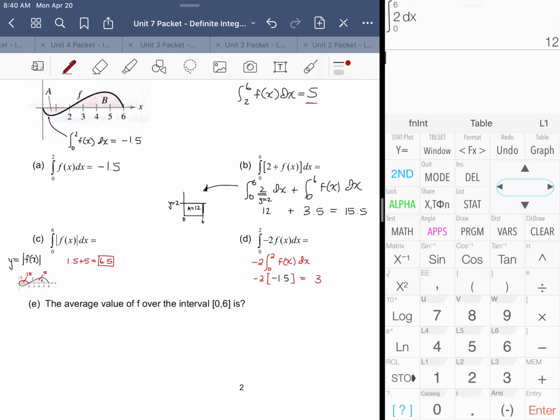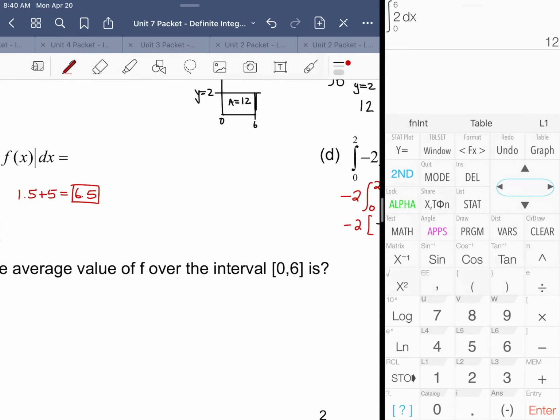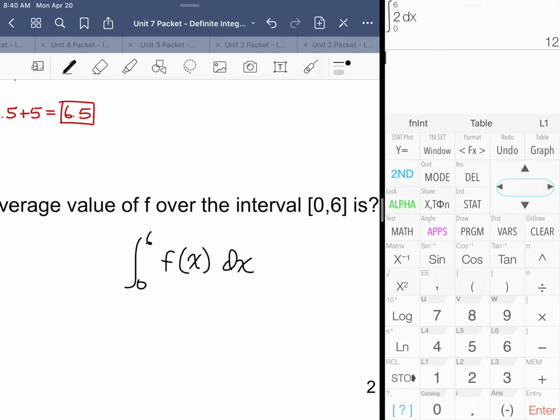Now the average value, it's kind of a throw-in topic. It's like if I were to tell you that the net area over the interval of 0 to 6 of the function f of x dx was equal to 3.5. Okay. So if I were to tell you, and really if you're thinking about net area, net gains and losses,